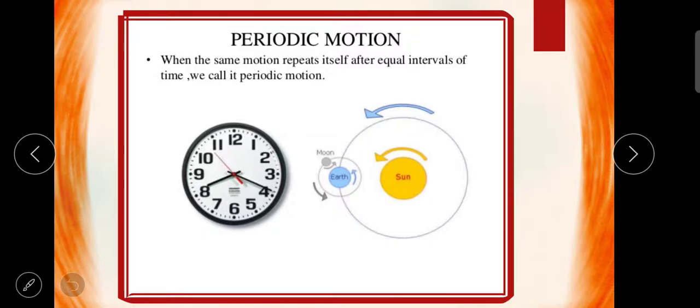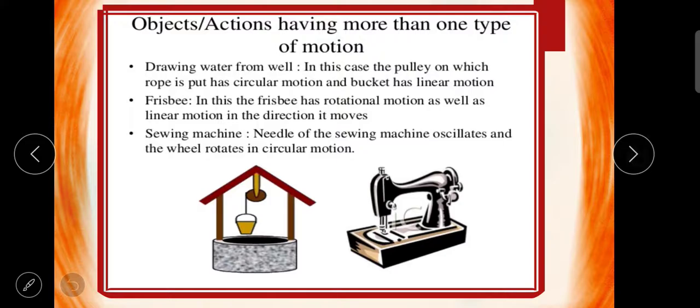You know that the earth completes one rotation in 24 hours, so we get one day and night, along with its own revolution, but the complete revolution also takes 365 days. So this motion will repeat just after every year. This is called periodic motion. Our clock will show you 12 o'clock in the midnight, and then also at the noon time, it will repeat again after 12 hours. Such kind of rotational motion repeating itself, we call periodic motion.